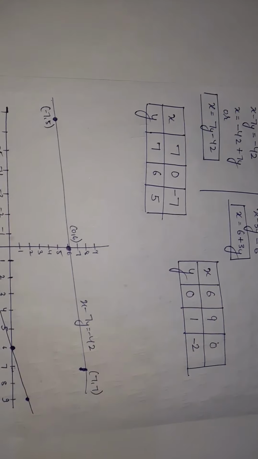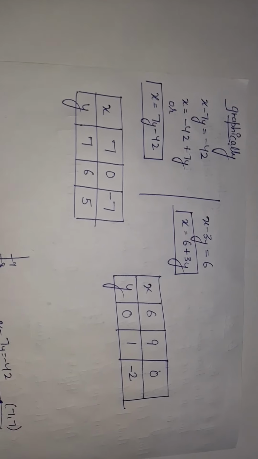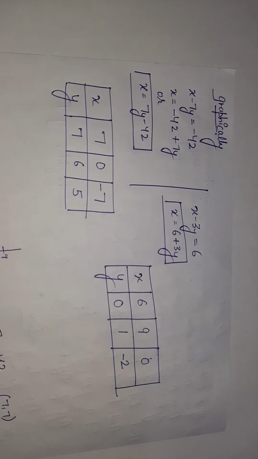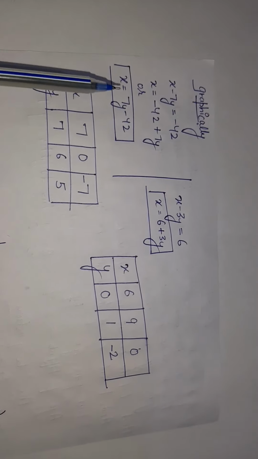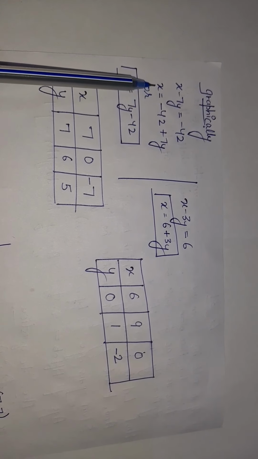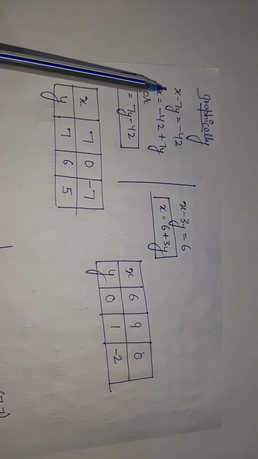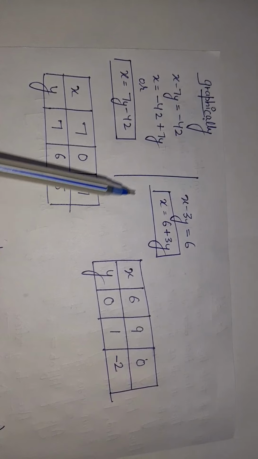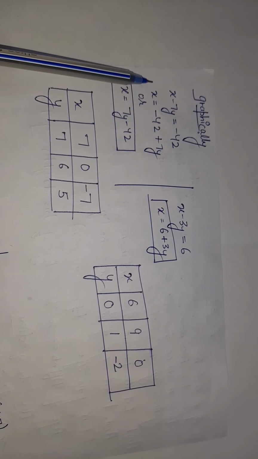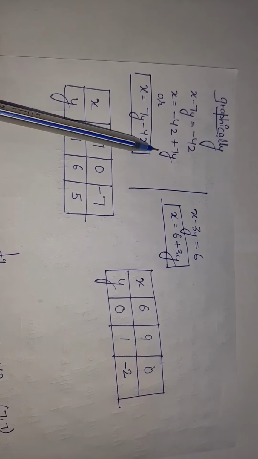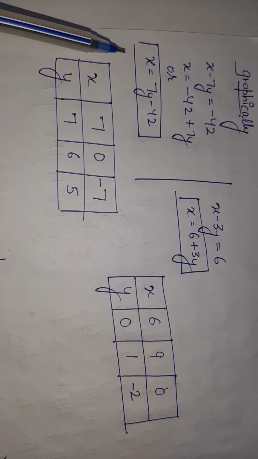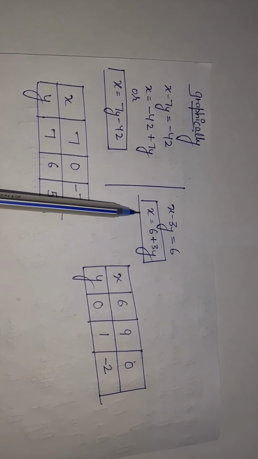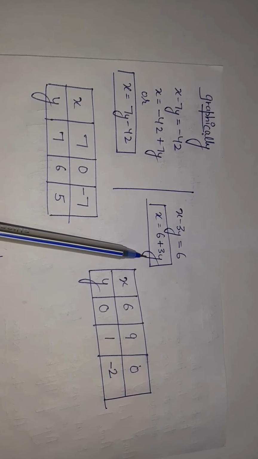Now, graphically, the easiest way to make the graph is to keep one variable on the left hand side and bring all the things to the right hand side. It can be any variable. I have put x on the left hand side. The variable which is single, keep on the left hand side. The variable which is with a number, put into the right hand side. Here x is alone. I have shifted everything to this side. The equation will become x is equal to 7y minus 42. x minus 3y is equal to 6 was the equation. x is alone. I have brought this minus 3y to this side, it comes out to be 3y plus 6.